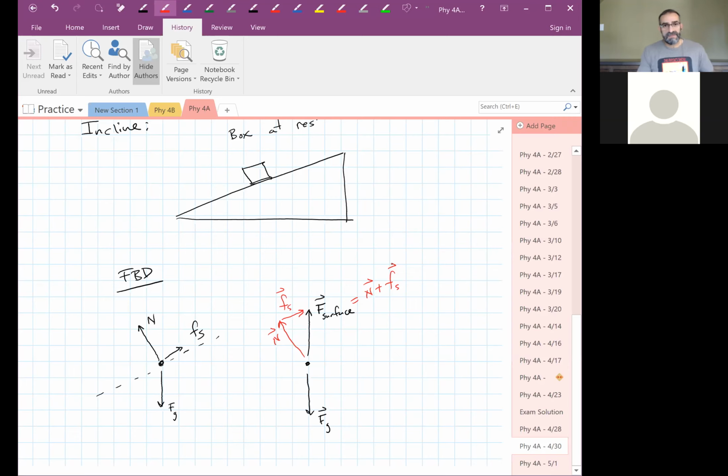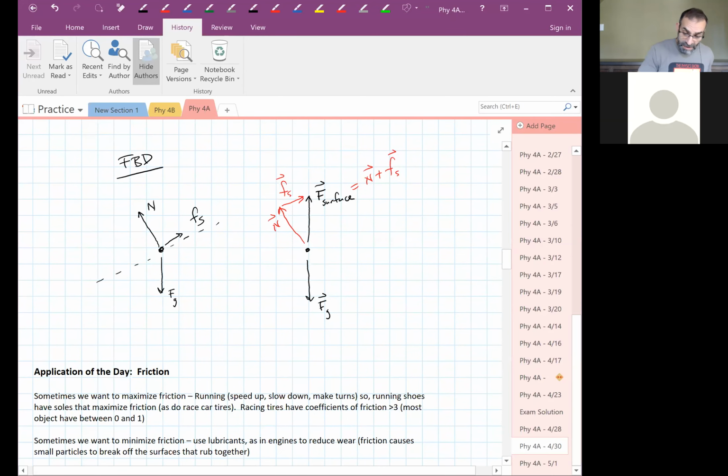But we like to break that up into the components and think about how those two forces manifest themselves and what causes each one. And it's a little simpler to think about that way. Okay, so what do we do next? We want to do this, right? We want to do